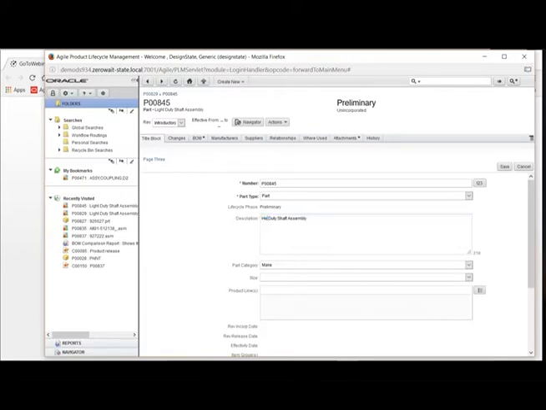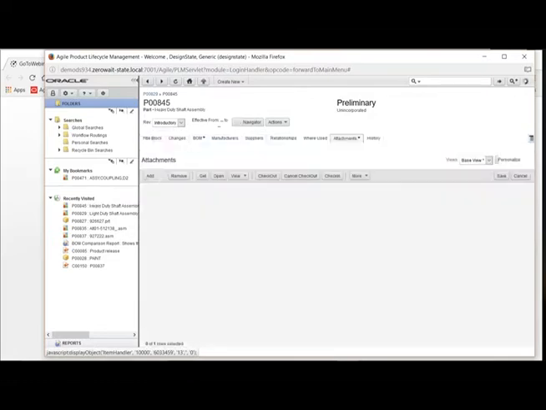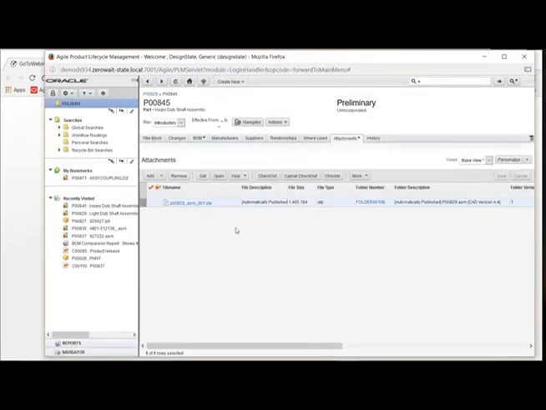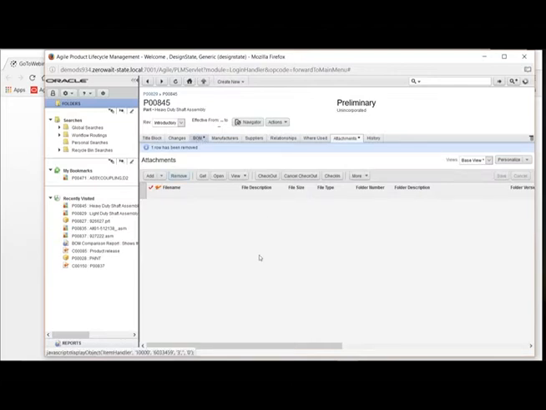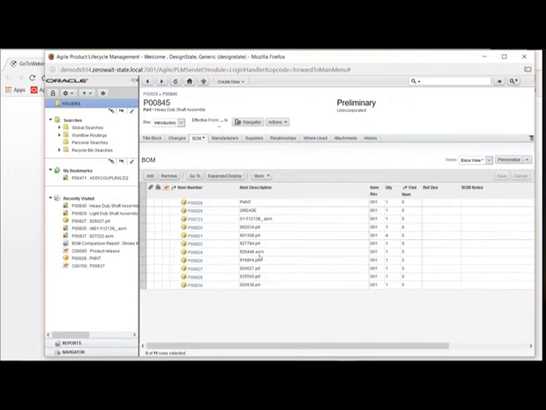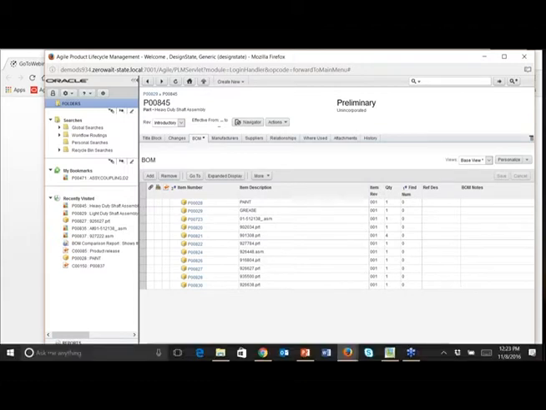I'll change a few attributes here and clean this up so that it's ready for the design engineer to start work. I'll get rid of a few things that are specific to the original assembly and not necessarily to the new assembly. So now that I've done that, I am ready to pass the ball to my design engineer. So I'm going to switch hats from the product engineer to the design engineer, and I'm going to switch environments